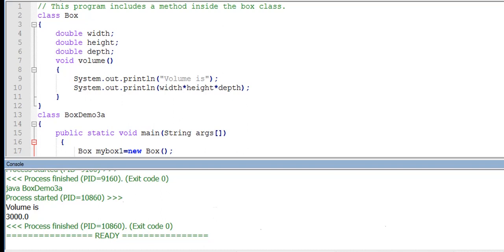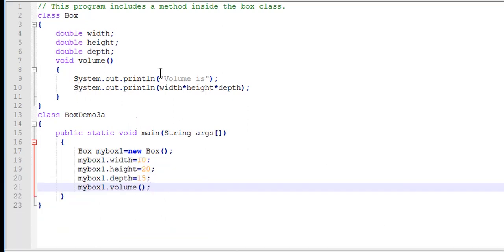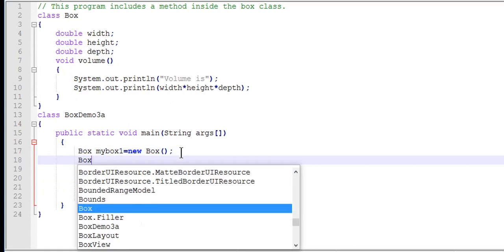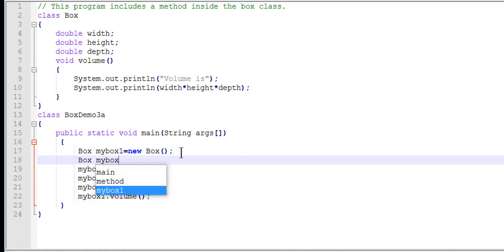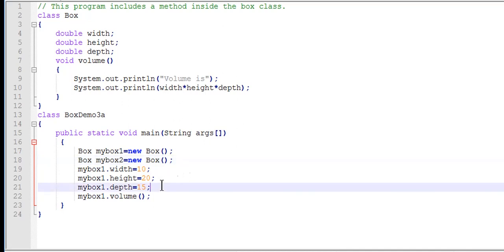Okay. Now we can modify the same program by adding one more object. Box myBox2 is equal to new Box. Here we can assign values for myBox1.